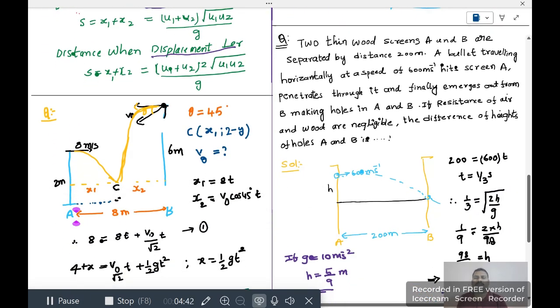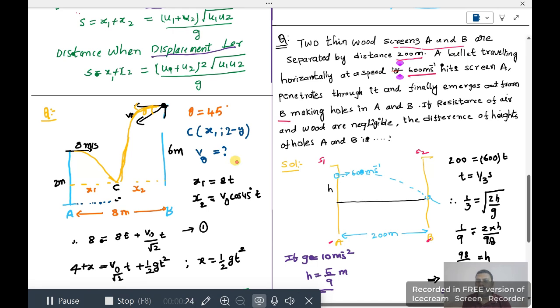If two thin screens are there, as shown in the figure, this is screen 1 and this is screen 2. Here screens A and B are given in the question. The separation between them is 200 meters and a bullet is traveling horizontally at a speed of 600 meters per second. It hits screen A at one point, penetrates through it and finally emerges out from the point B,